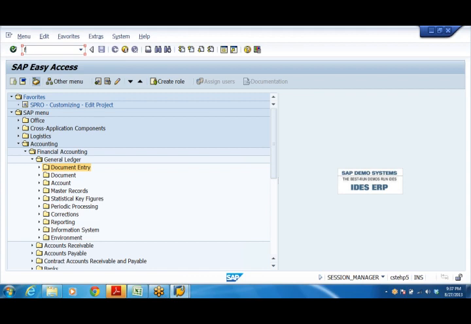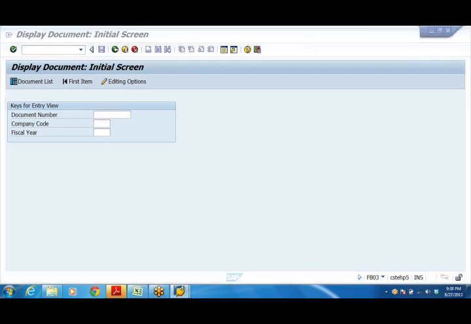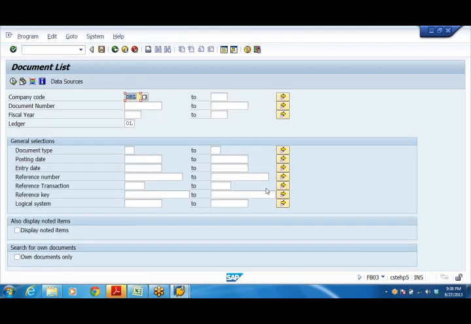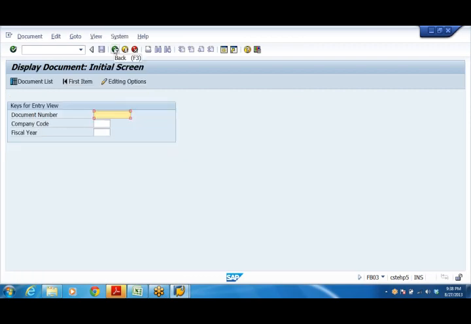Let me check. FB. Let me check. Right, so we have not yet posted any accounting entry.